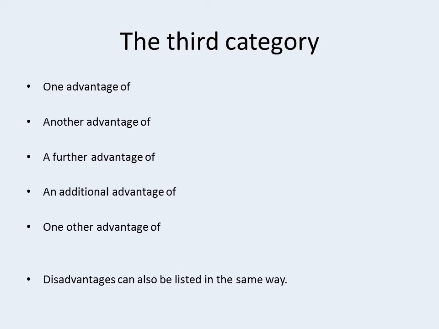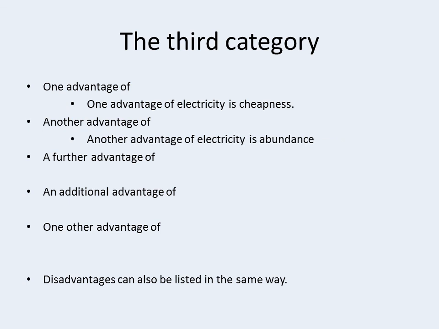The second point is that disadvantages are listed in the same way we list the advantages. For example, we can say one advantage or one disadvantage of electricity is cheapness. Another advantage or another disadvantage of electricity is abundance, at least in my country,